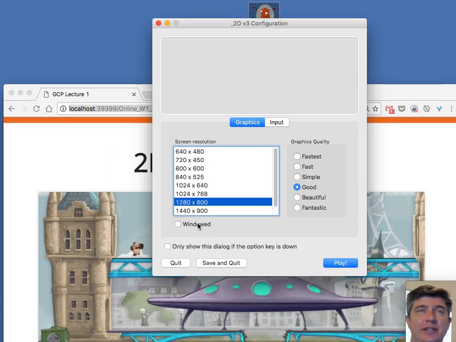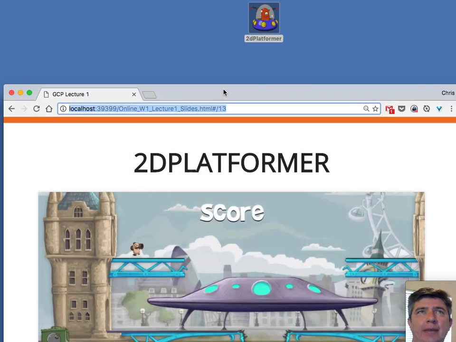If you turn this off, it is full screen, which may or may not work for you. Or it'll work, but you may or may not like it. And graphics quality, this probably won't make much difference. The graphics of the game are pretty simplified overall, so that probably will work for you on any setting. Then you hit play, and we saw the gameplay there earlier.